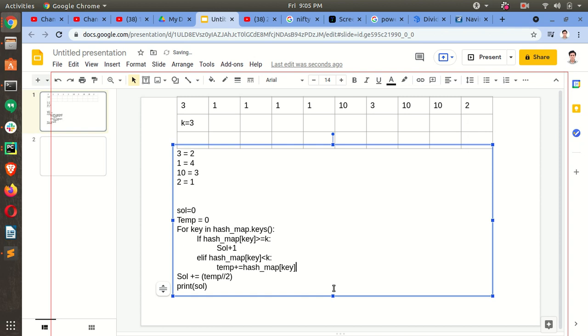This one we will do. And now the solution will be temp divided by k.